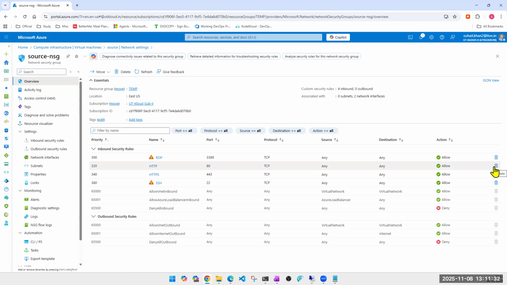No. But what is the drawback? Not only me, no one will be able to access the website on that machine if I block inbound for it. Getting the point, guys? Yes. If I go to the NSG of that machine and delete it from there, I'm sure it is available over there also. That is the reason we are able to access the website, because inbound is allowed from there. So the better thing is I'll go to outbound,